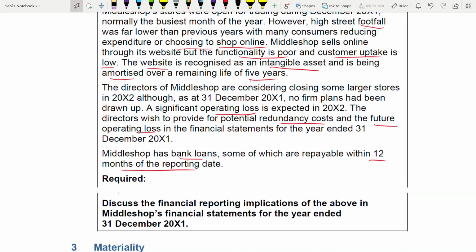Whenever you are given a current issue, they will not give you all the current issues, maybe only one. Out of the current issues that you have learned, only one will be given. They will not specify that this is the current issue, like cryptocurrency. Looking at the case study you will understand, this falls under natural disaster. It is not a cryptocurrency, and it is not initial coin offerings. It is a natural disaster. We have seen previously what impact natural disaster has on different standards. So now let us see the answer.